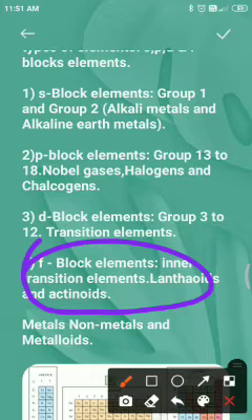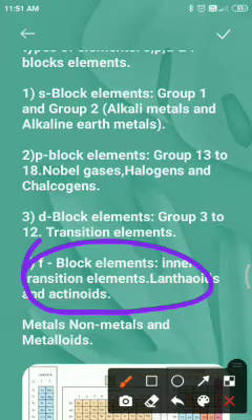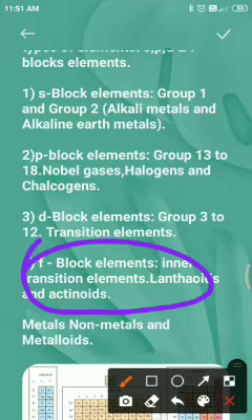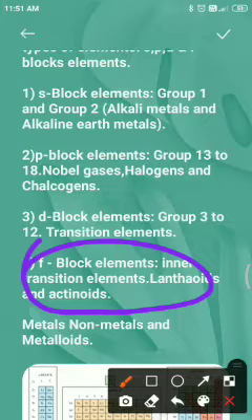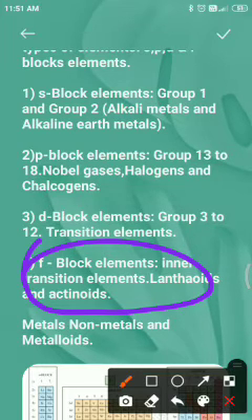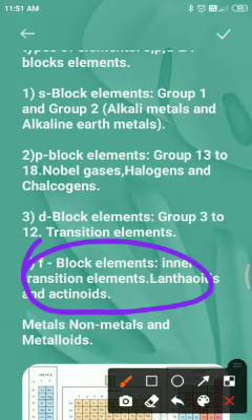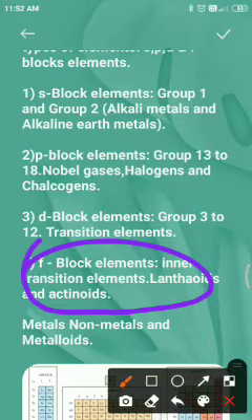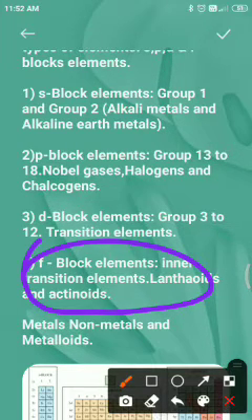The chemistry of early actinides is more complicated than the corresponding lanthanides due to the large number of oxidation states possible for these actinide elements. Actinide elements are radioactive, and many of them have been made only in nanogram quantities by nuclear reactions, so they are not fully studied chemically. The elements after uranium are called transuranium elements.